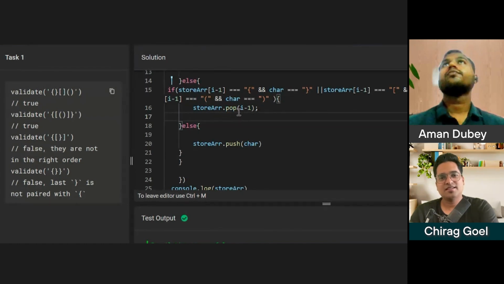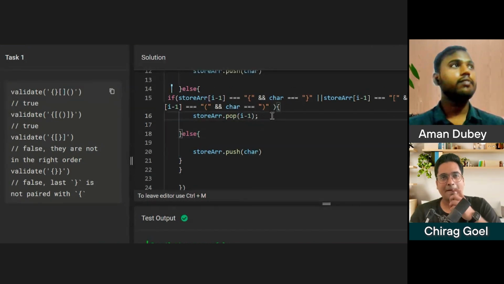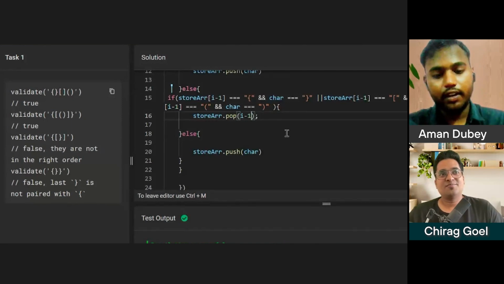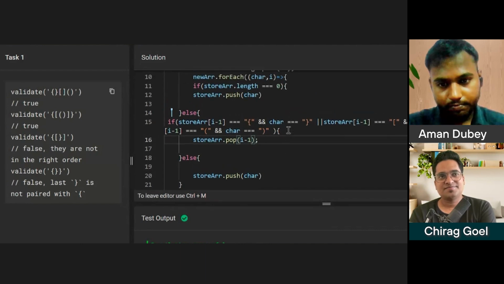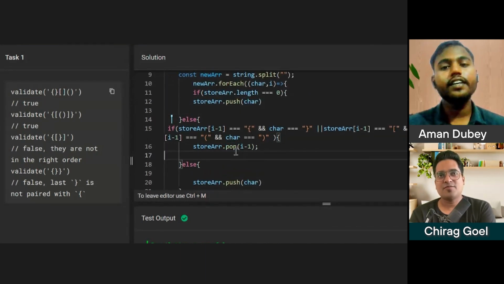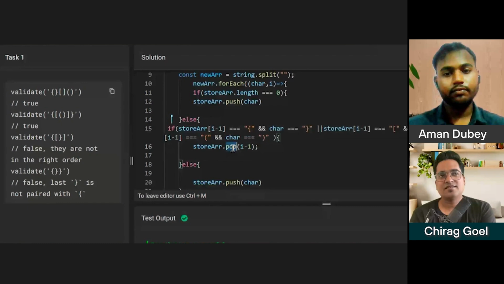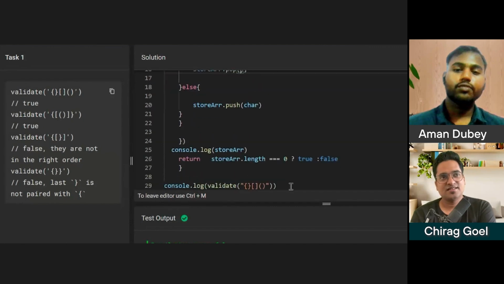Is that correct? Do you provide some indexing in order to pop? How can I remove the last element? Pop by default removes the last. Don't you think? I minus 1 and okay, pop. What does pop do? What is the purpose of pop? It removes the last element, so why I minus one? What's the purpose of giving the index, values?